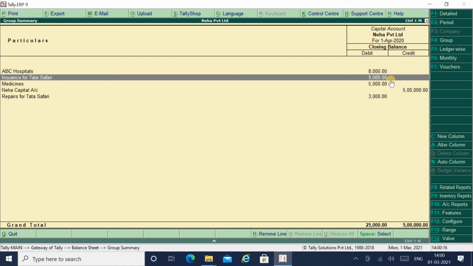Alright friends, so as per the matching concept, I hope you must have realized that the asset which is reflected in your books of account, you can easily expense it off. Okay, the expenses which you are incurring on that asset can be easily expensed off in your profit and loss account. But the asset which is not reflected in your books of account, then the expenses you are incurring for that particular asset should be capitalized.